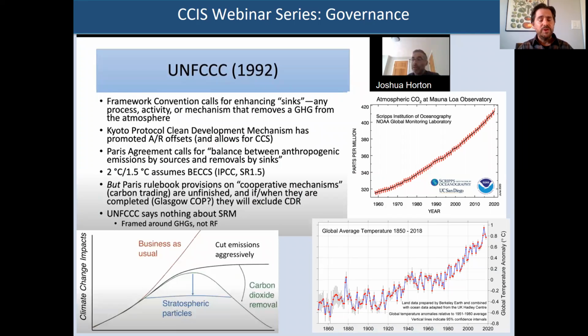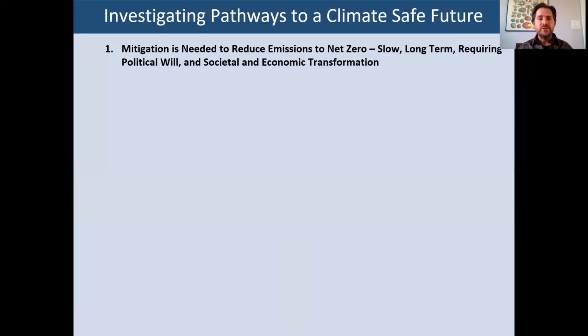So what the Community Climate Intervention Strategies program is about is looking at whether there are potential climate solutions that humans can deliberately take or intervene in, such that they would take us onto a climate that is off the business as usual case. Here we see the first step is always to cut emissions aggressively. The second part is looking at carbon dioxide removal. The third part is looking at other forms of climate intervention, such as stratospheric aerosol injections and marine cloud brightening. So this is how we basically premise a pathway to a climate safe future.